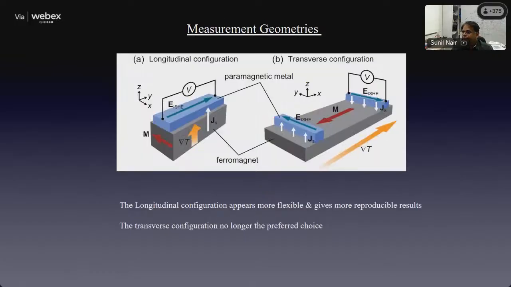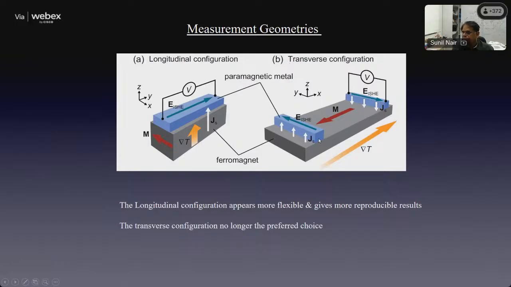So now, as I said, Uchida's group pioneered this work, and this configuration on the right is something which you would remember from the earlier slides, and this is how they did their initial set of measurements. There are two measurement geometries in which spin-Seebeck effect measurements can, in principle, be done. The way in which the field evolved was it first started out by using what is known as a transverse configuration. Don't worry about the names, but this is how the first set of measurements were done.